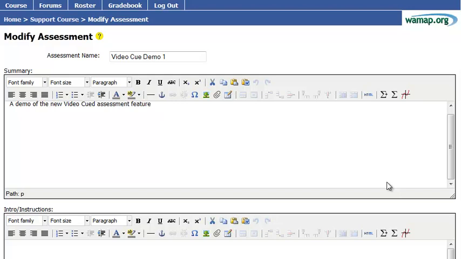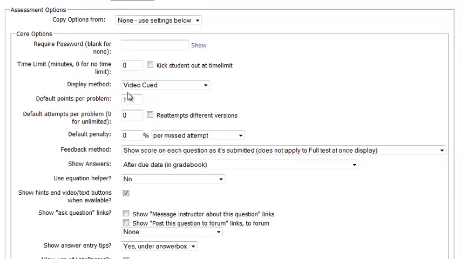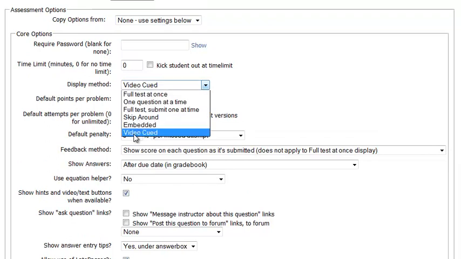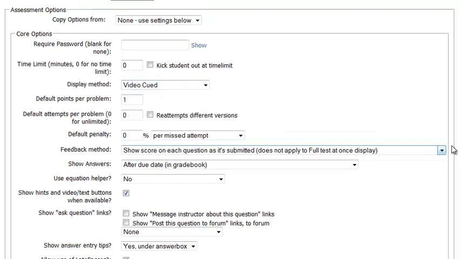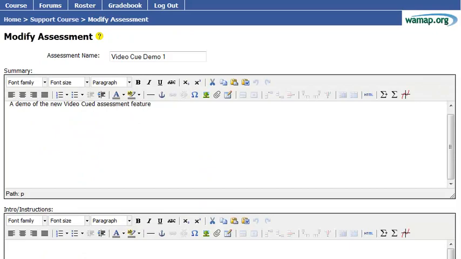Okay, so this video is going to show the new video queued assessment feature, and more specifically how to set it up. So here I'm running an assessment, so I'm in my assessment settings. The first thing that you're going to need to do is in your display method choose video queued, and then